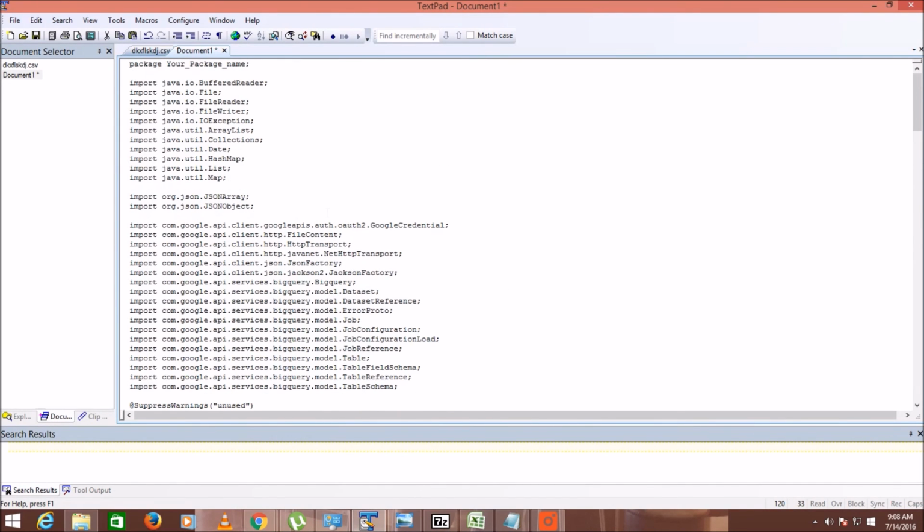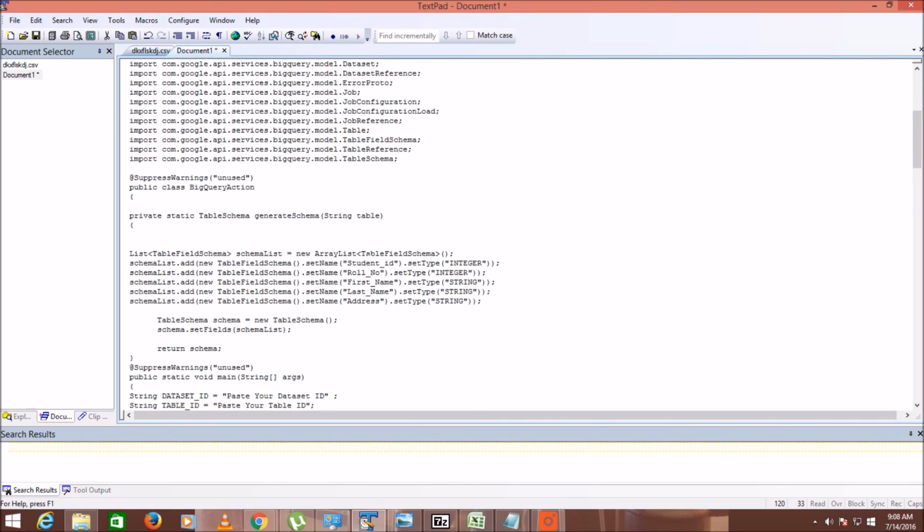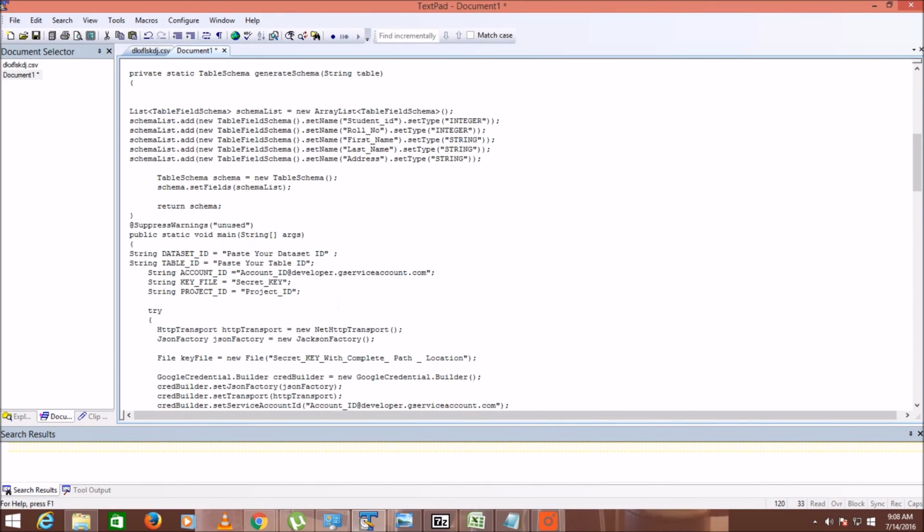Here you have to make the basic changes. You need to provide your dataset ID, which we have just created, and the table ID, secret key, account name, and the project ID.